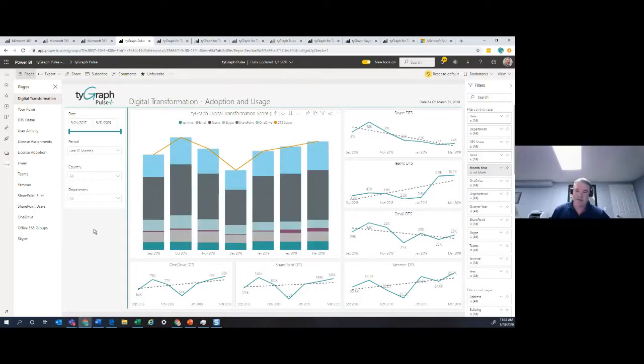So one of the challenges you have with digital transformation is this concept of, you know, email is the 800-pound gorilla in the room. Everybody uses email. They've been using it for years, et cetera. But when you start to work with a digital transformation scorecard, if you weight it and downplay email and increase the value of things like Teams or Yammer, SharePoint, and OneDrive, those collaboration tools, it allows you to look at your organization in a different way.